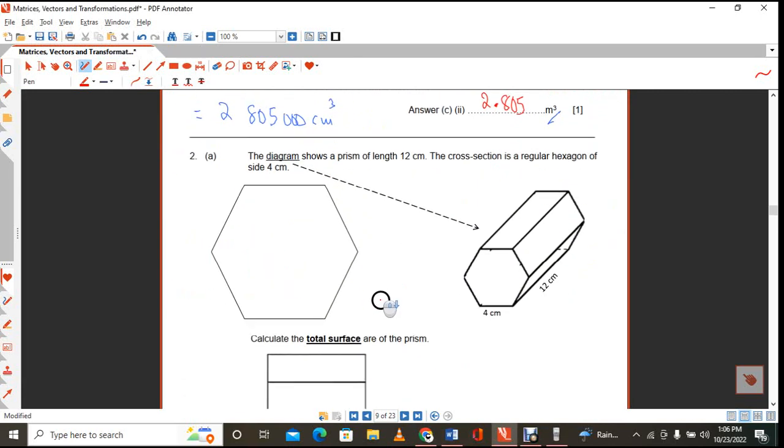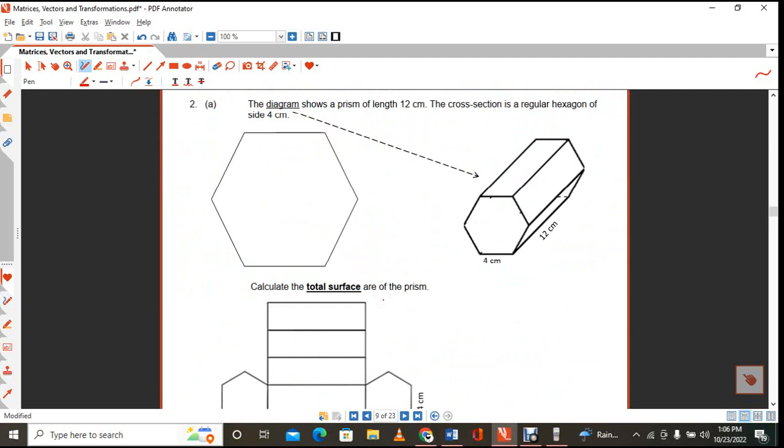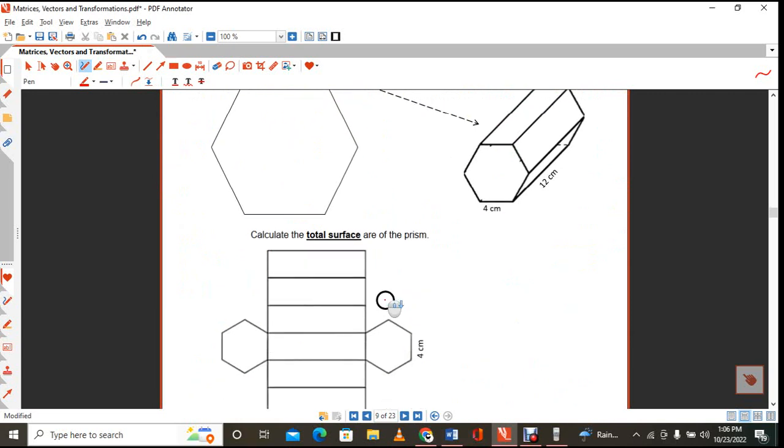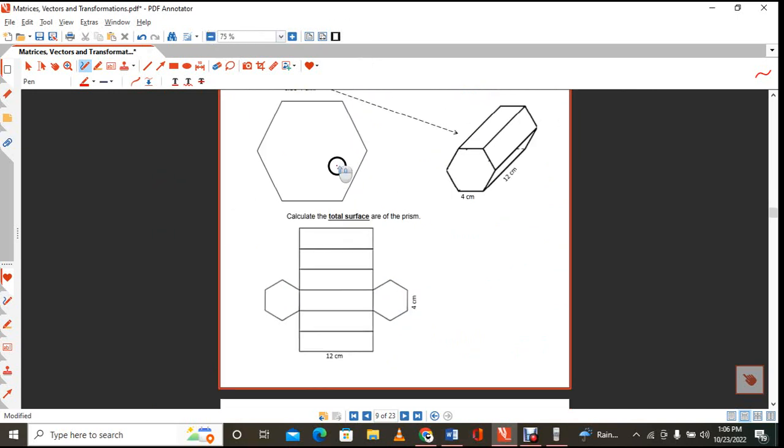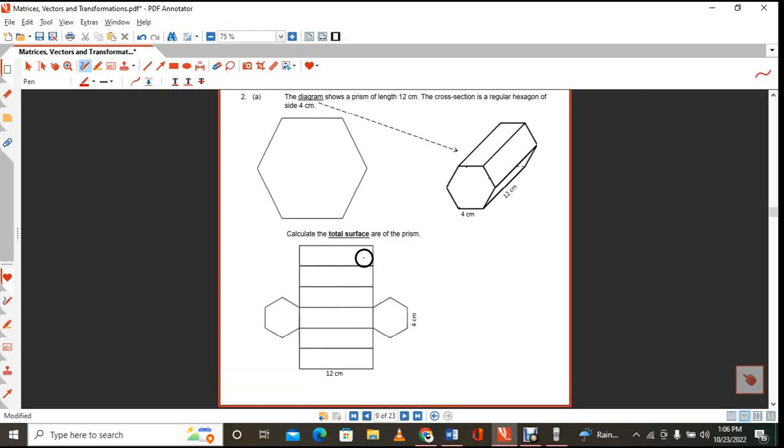The second question. The diagram shows a prism of length 12 centimeters. The cross section is a regular hexagon. We need to find the total surface area. So what I've done here is opened up the prism. We call this the net. When you look at the net, you have 1, 2, 3, 4, 5, 6 rectangles, and if we have to find the area of those rectangles,